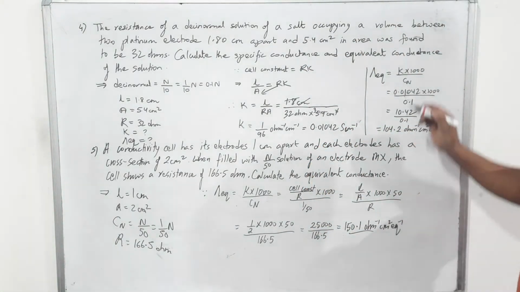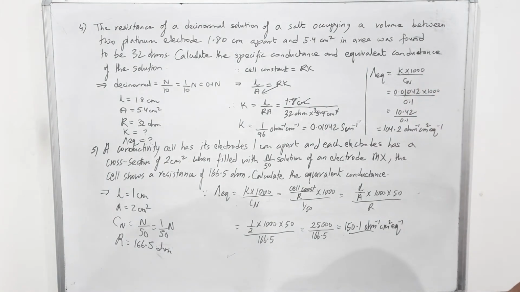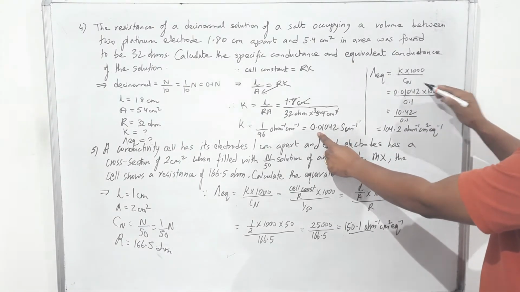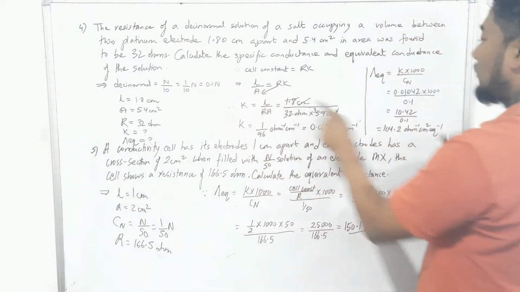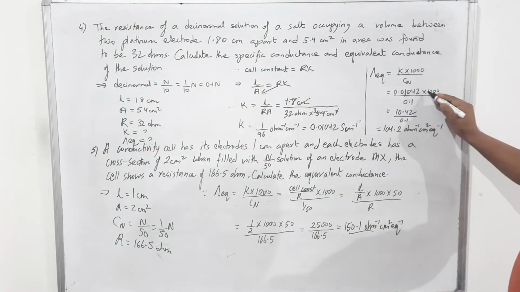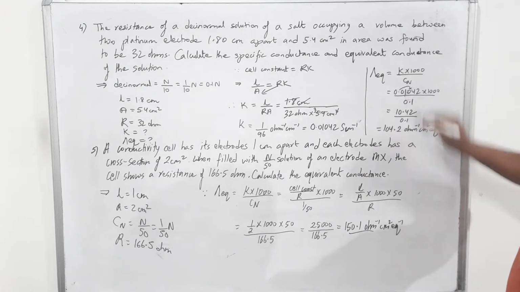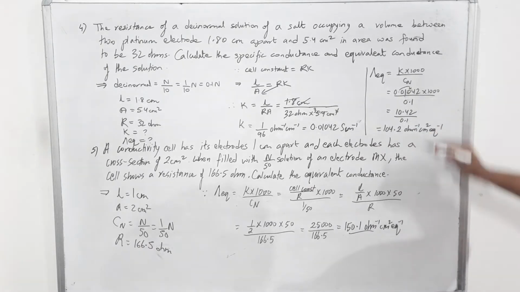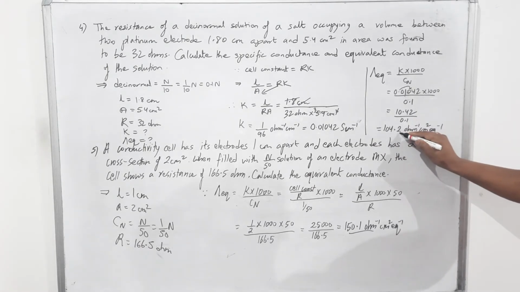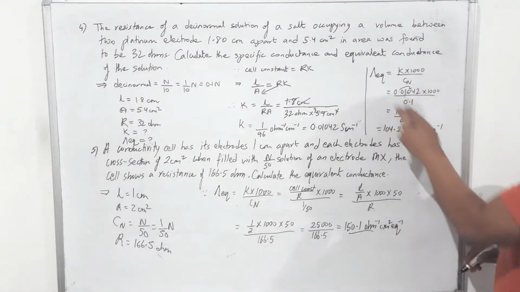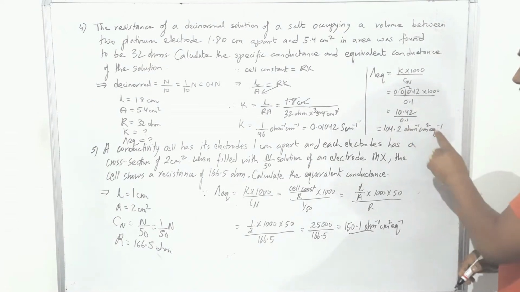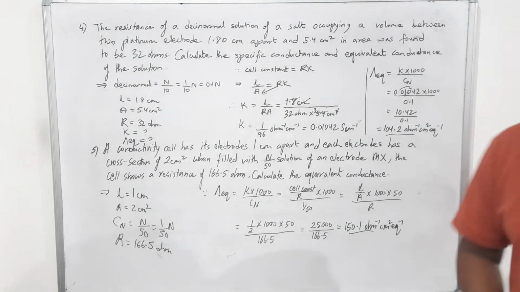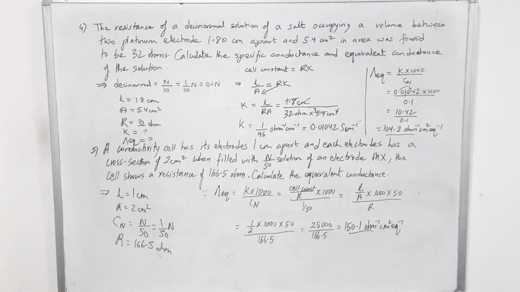Now to find equivalent conductance, the formula is kappa into 1000 by Cn. You all know that. Now kappa, just now we got 0.01042, that I am writing here. 1000 is 1000. Cn is the concentration in normality, which is given 0.1, which I am placing here. Now when you multiply these two, the decimal point will shift 3 steps back when you multiply with 1000. So it becomes 10.42, and the denominator we have 0.1. So when you divide these two, you get 104.2. And the unit of lambda eq is ohm inverse centimeter square equivalent inverse. If it was m, I could have written mole inverse, but here it is eq, so we write eq inverse. So this is your second part answer. Hope you all understood. If not, you can repeat the video whenever it is feasible for you.